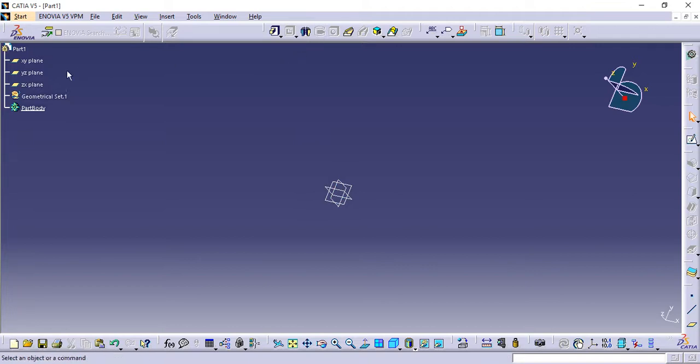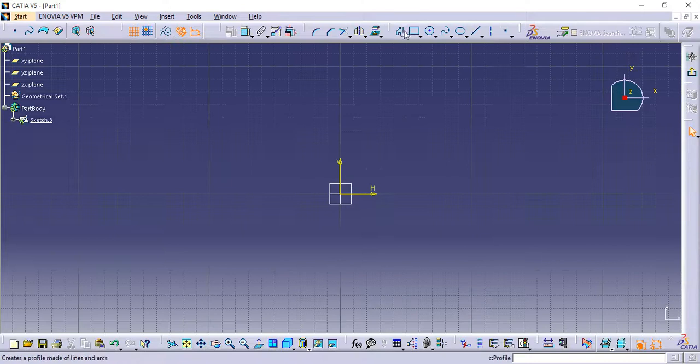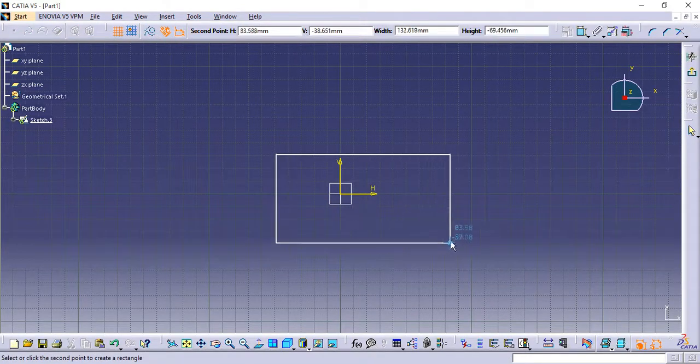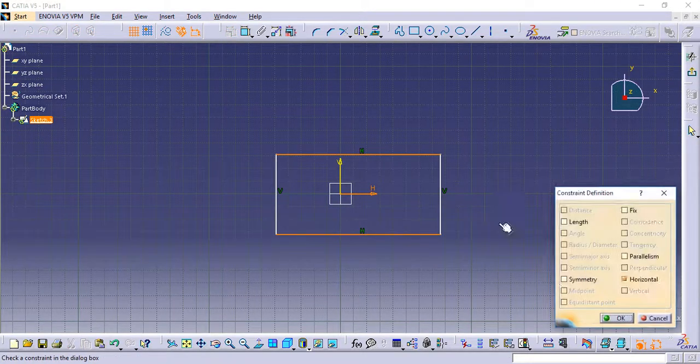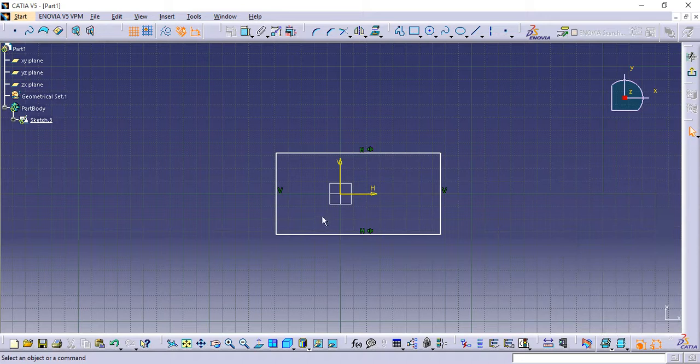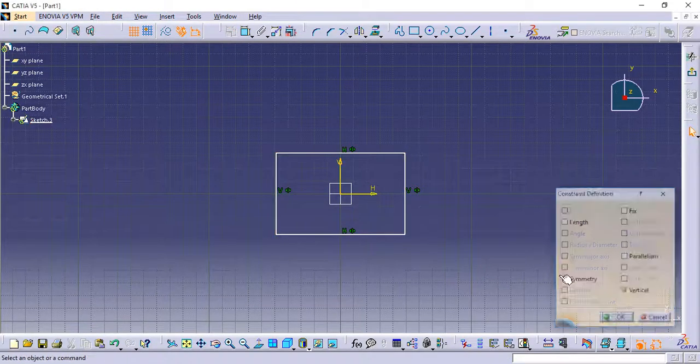Next, for this particular groove, select the XY plane, go to the sketcher. I am drawing a simple rectangle. I am providing symmetry across the horizontal as well as the vertical axis. How to do symmetry, you know very well.